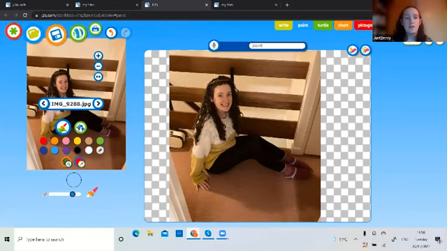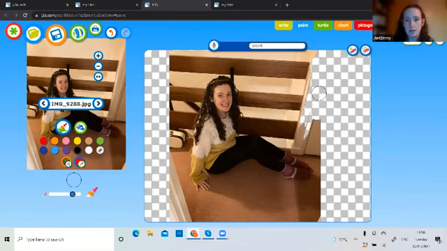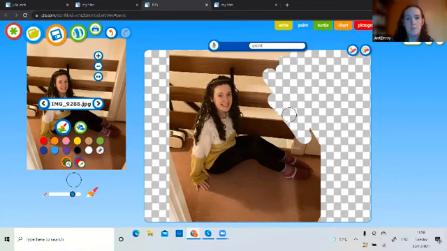I can fill erase. Obviously with this particular picture I've got, it's quite a complicated picture, so the fill erase isn't going to help. If you wanted to make this task a bit quicker and easier for your children, if you got them to take their photograph in front of a plain background, they would be able to fill erase. But we can paint instead. It would just be a bit more time consuming, so I can get rid of all that background. And because it takes a little bit of time to do this really accurately, I won't finish that off now.